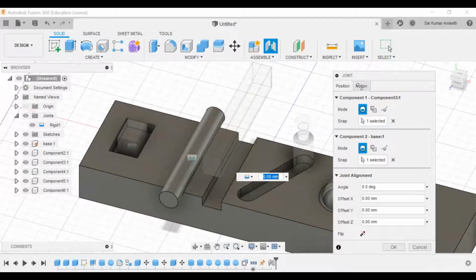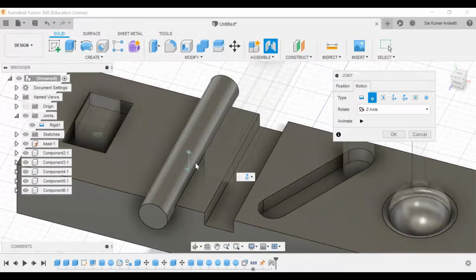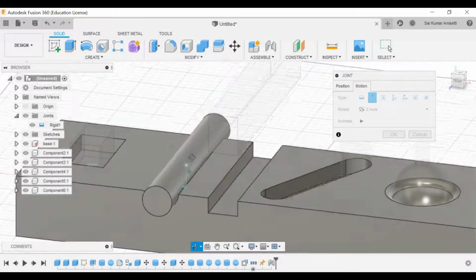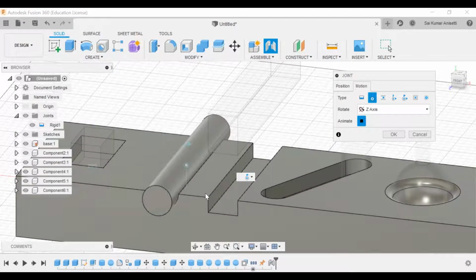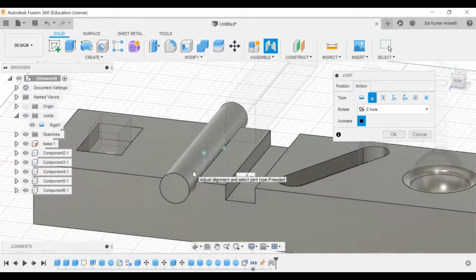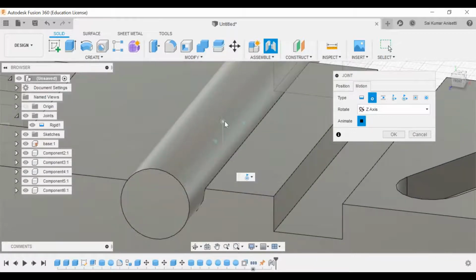Now in order to change that particular motion, I'll go with revolute. Now let us check what it is going to do. Let me go to an isometric view, animate. Is that fine? Now if you have any slots around this particular cylinder, then you can observe that particular rotation. Okay, let me zoom in. I guess it is visible for everyone.